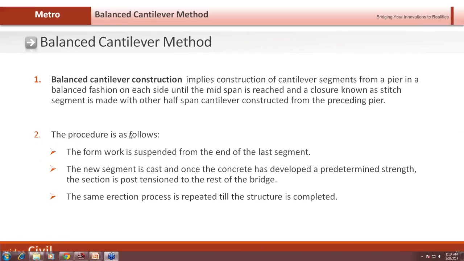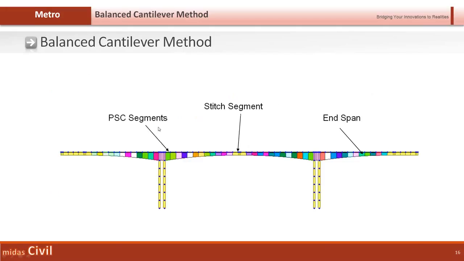Okay, so also the construction procedure as follows is that I will be discussing in the next slide how the construction procedure is followed. So the balanced cantilever method, a balanced cantilever bridge will be typically looking somewhat like this. So we have the PSC segments. What we do is that we start by,